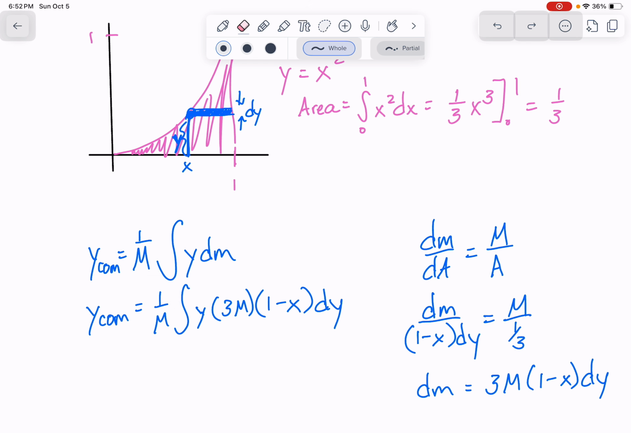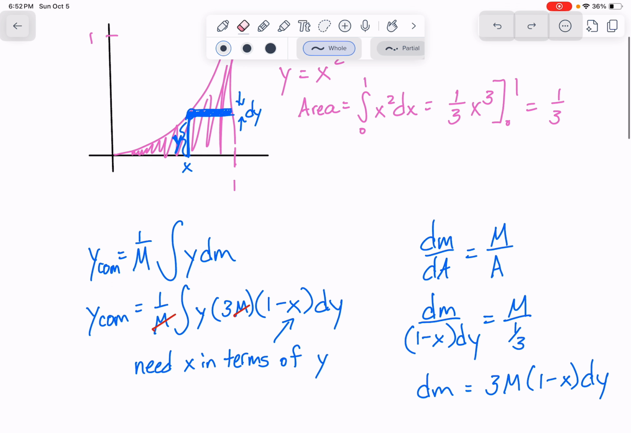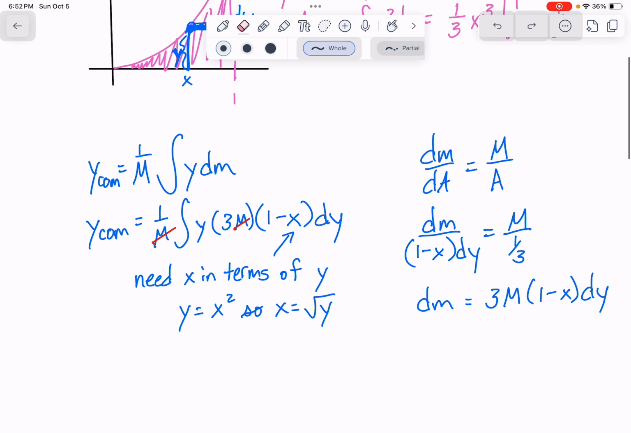But the problem here is that I have x in that, and I need x in terms of y. So I'm going to have to find that equation. I'm going to use what we started with, which was y equals x squared. If that's the case, then x equals the square root of y, and I can plug that in instead of x. Notice that the m's canceled, and the 3 comes out front, and so I have y times 1 minus